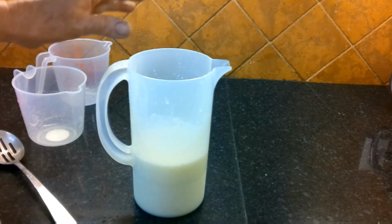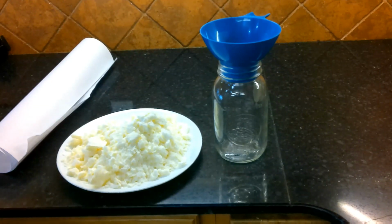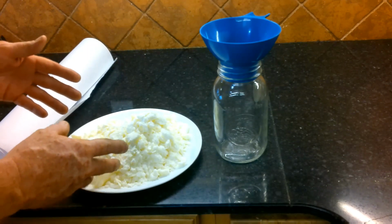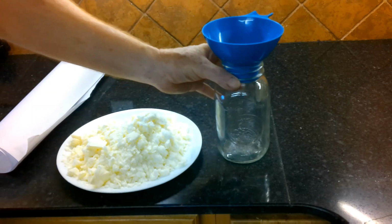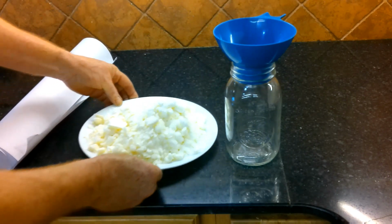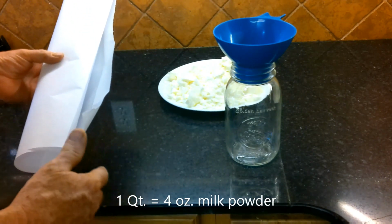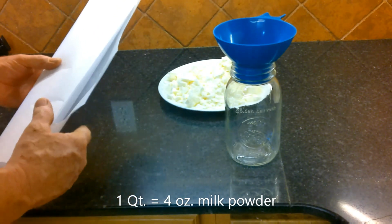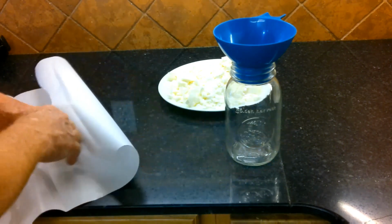So we're going to go ahead and put this in the refrigerator and chill it down, and then we will have the taste test. We kind of touched on this earlier about the volume of milk powder. So I have a quart jar here, and we have 1 quart of freeze-dried milk. And one of the things I found easy to work with powders and jars is freezer wrapping paper. So we're going to take